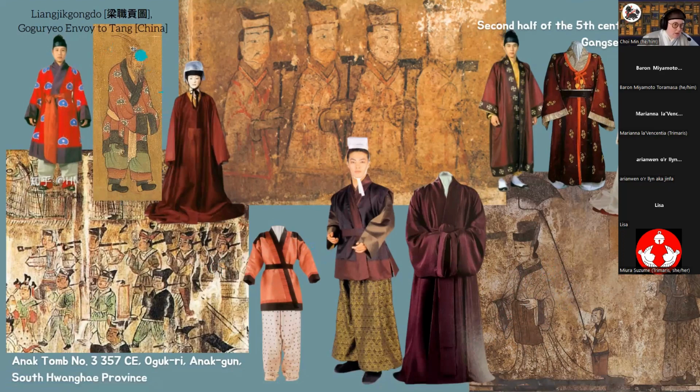And then this over here is a Tang Dynasty depiction of a Goguryeo envoy to Tang Dynasty. And so this is through a Chinese lens, but you're kind of seeing some more visual motifs. And I can't remember, I think I looked into it, but I can't remember